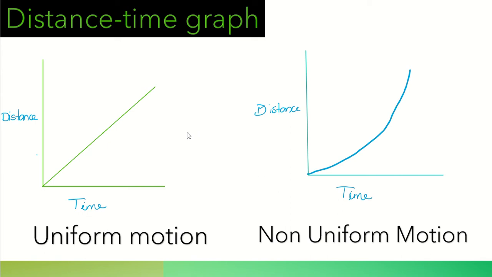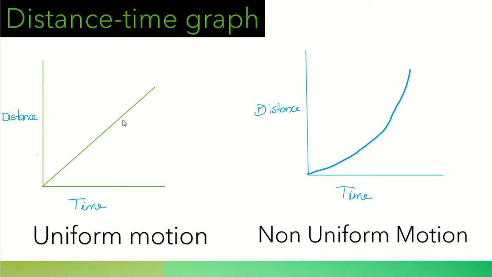During that discussion, I mentioned that for uniform motion, the distance-time graph will be a straight line. So the first graph you see here is for uniform motion. The distance-time graph is a straight line for uniform motion, and for non-uniform motion it is going to be a curve. Now what do we get from this graph? We are plotting the distance covered by this object at each time, say 1 second, 2 seconds, 3 seconds, and how much distance it is covering.